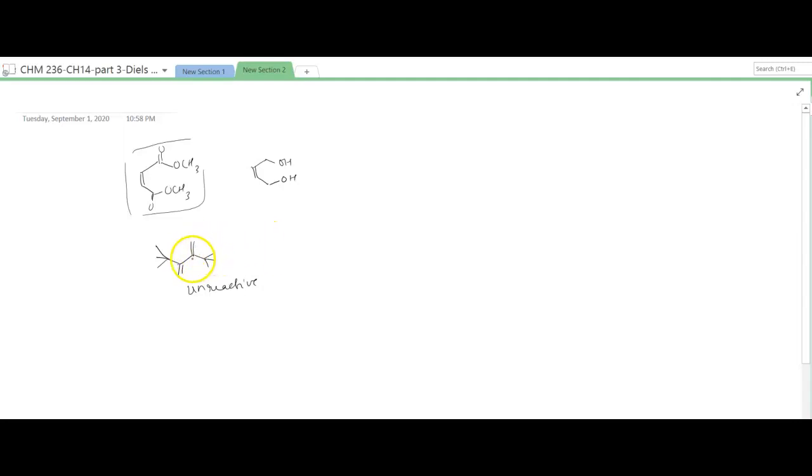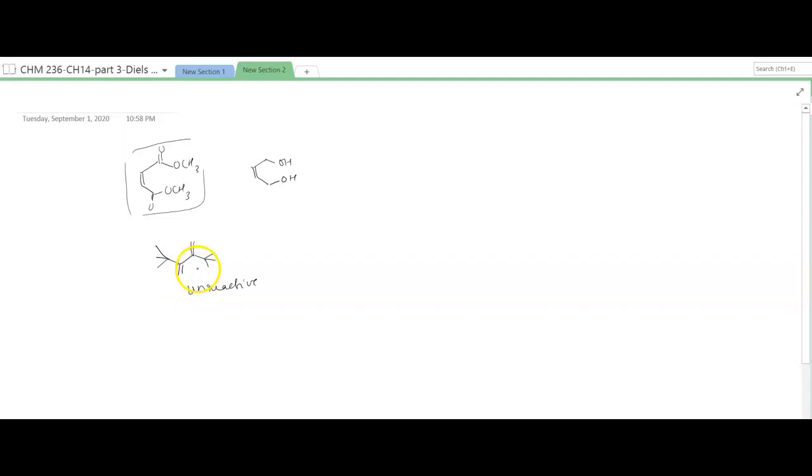So even if it makes a rotation through the carbon-carbon bond to get into the S-cis conformation, these bulky groups, the t-butyl groups, are going to be sterically hindered,